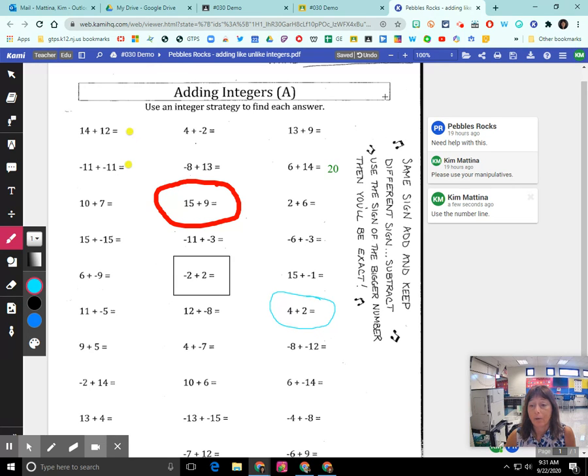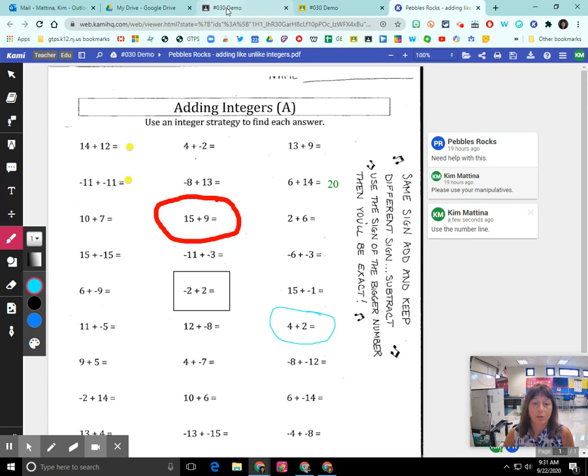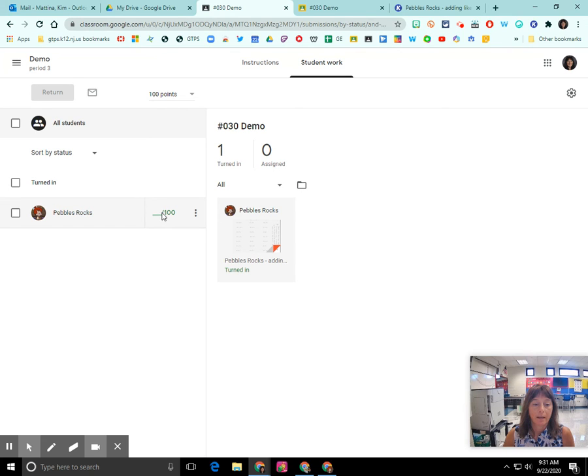All right, and now what I want to do is send this back to the student. So CAMI automatically saves the PDF file and any changes to it, so you don't have to initiate the save. It does that automatically. So what I can do is go back into Google Classroom at this point,